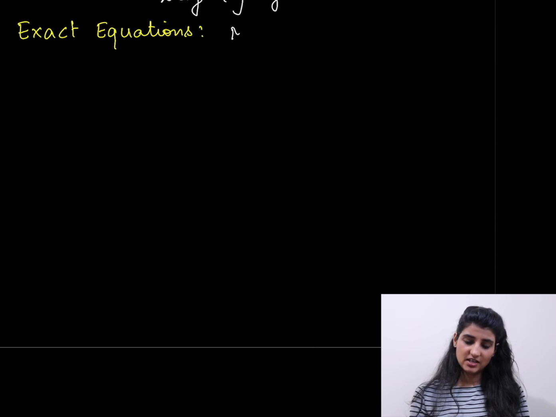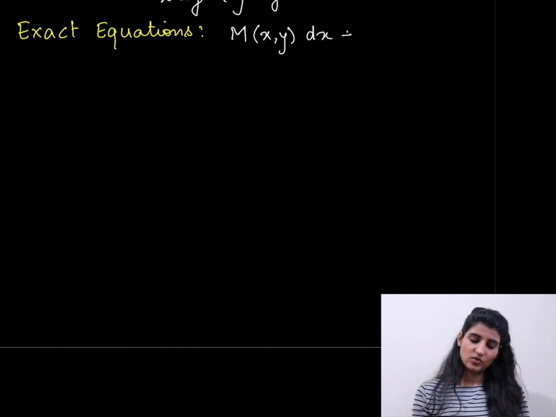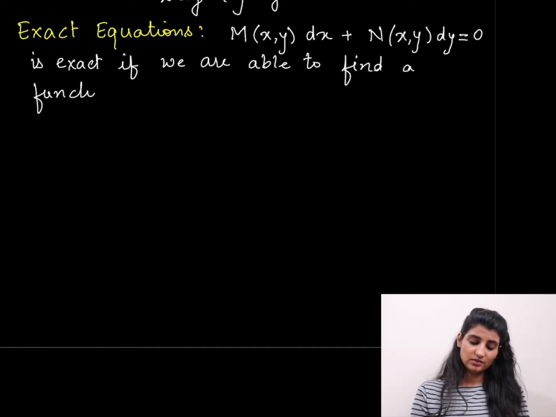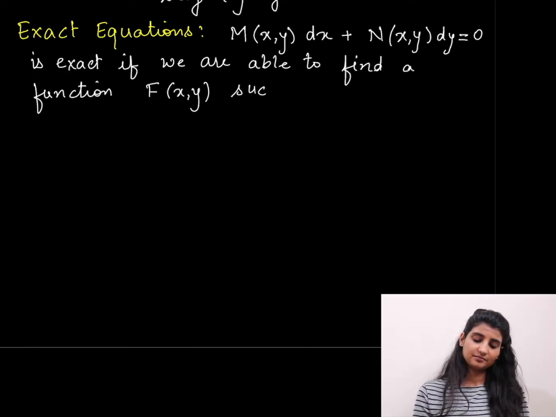We will say a differential equation of the form M(x,y) dx plus N(x,y) dy equal to 0, where M is a function of x and y and N is a function of x and y, is exact if we are able to find a function f(x,y) such that